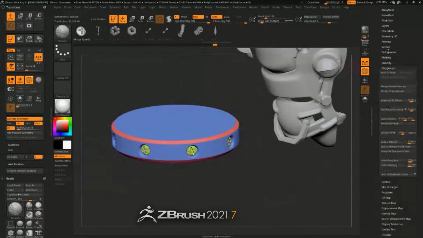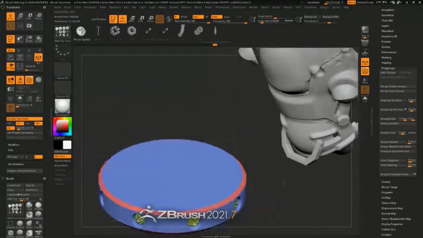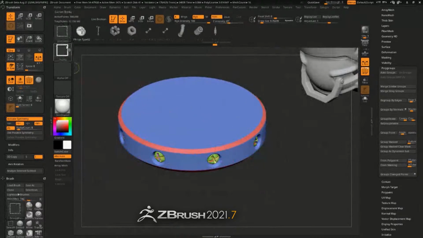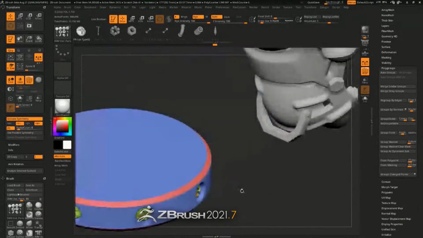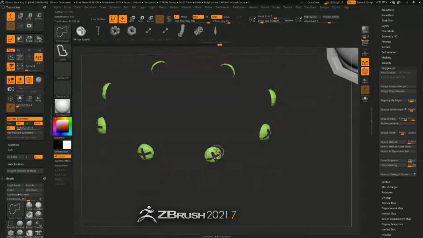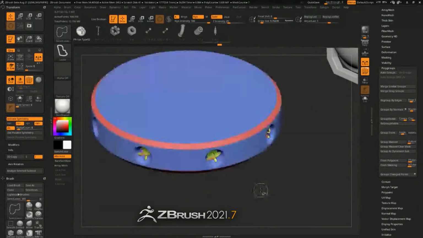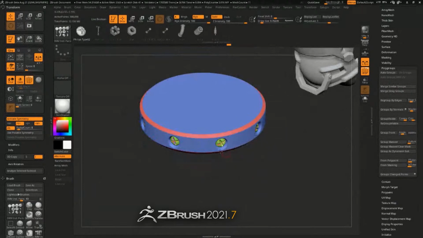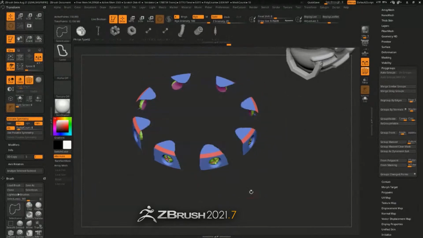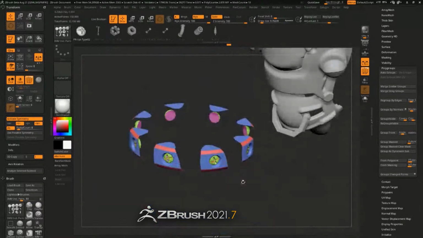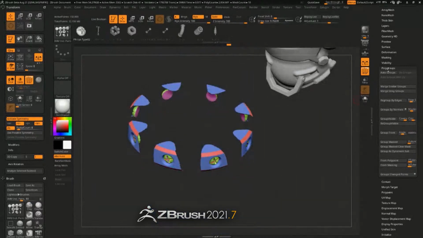Another thing that's in the polygroup menu here, you're going to see there is a regroup visible. So if I have my symmetry on, I'm going to hold down Control Shift and go in here to select lasso. So we have a polygroup here, a polygroup here, a polygroup here. And in fact, even on these screws here, they have a bunch of different polygroups. So here's a polygroup, and then inside here is more polygroups. So let's say I don't mind that. I want to keep those polygroups, but I need to regroup everything that I have on my screen. Keep the polygroups, just give me new polygroups. Go in here and say